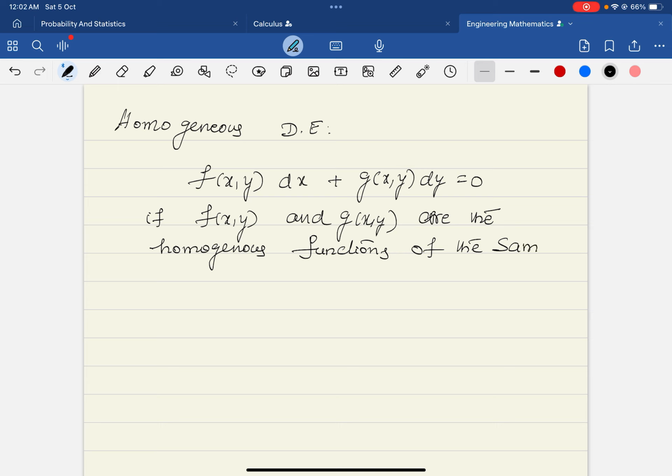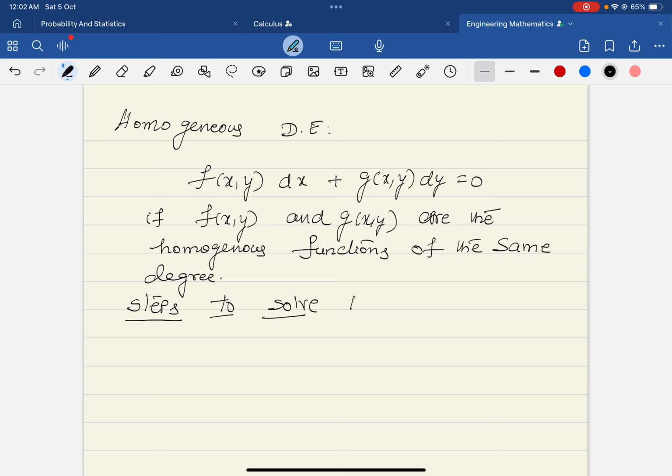It cannot be of different degree. Then we say that they are homogeneous functions of the same degree. So let us solve the problems now. I'll just take now to do the problems. We will use some steps to solve this problem. That is one now. Steps to